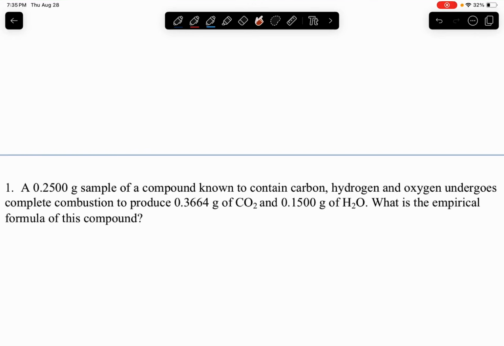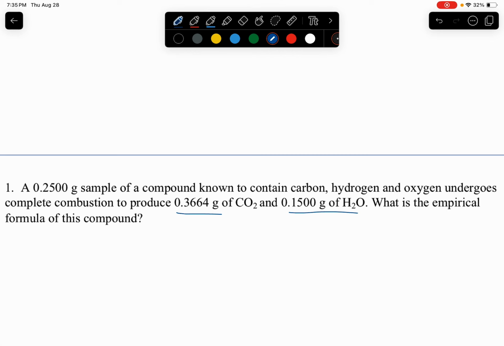Okay, a 0.25 gram sample of a compound that has C, H, and O undergoes combustion to produce this much carbon dioxide and this much water. We need to find the empirical formula of this. So the first thing we have to do is find the moles of carbon and moles